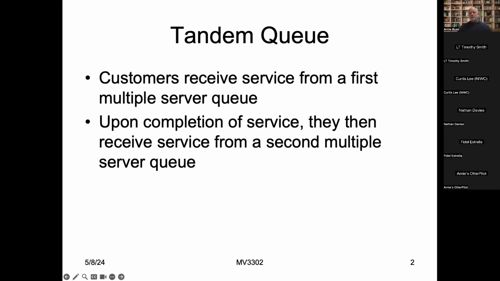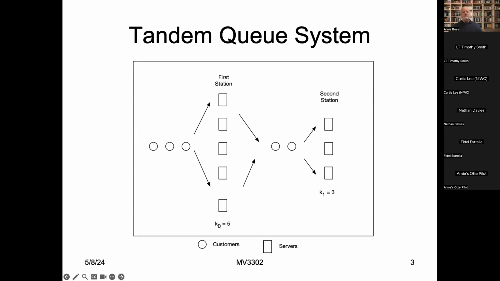And we're assuming that both of these are, sort of visually, it might look something like this. So in other words, in this particular case, there are 5 servers in the first bank and only 3 in the second. So the number of servers in each of the different queues is going to be potentially different. So we want to capture that. We have 2